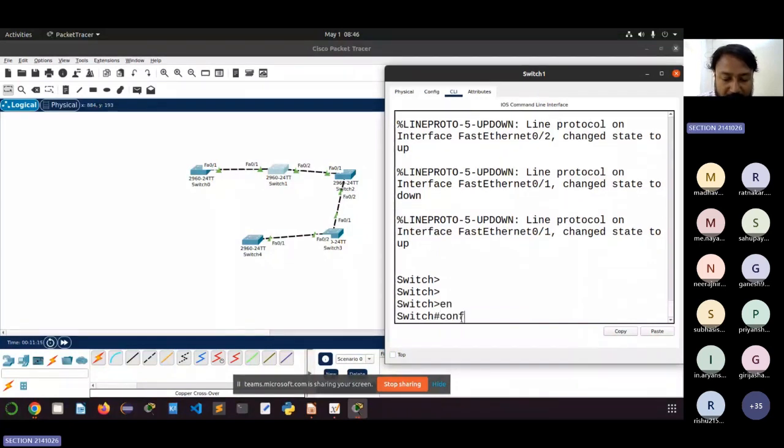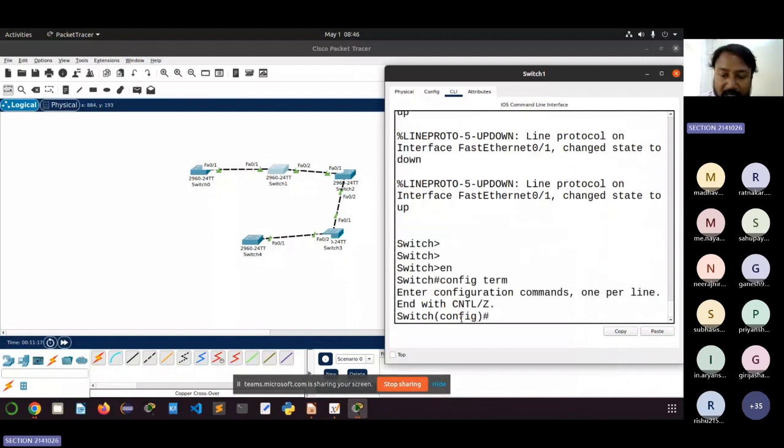Selecting again, config terminal. So I am selecting for the switch 1 which interface? Interface